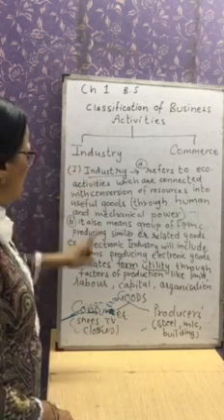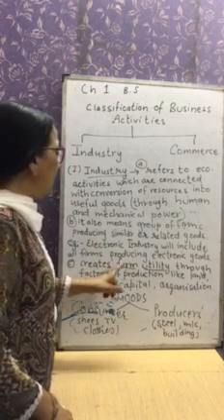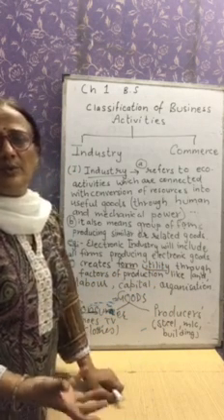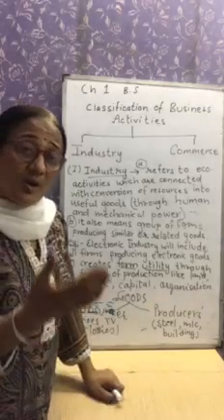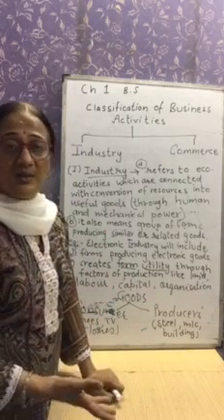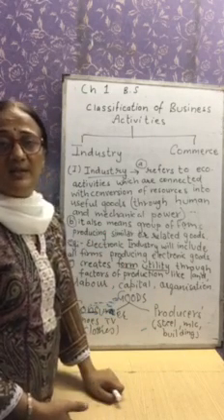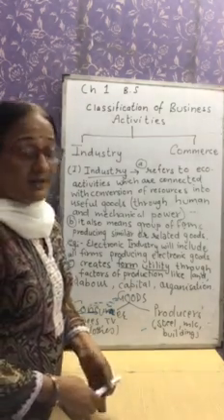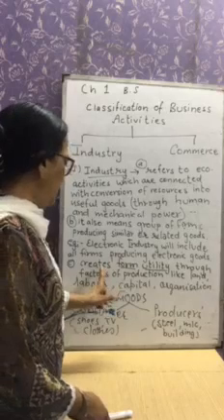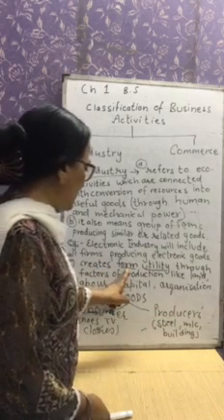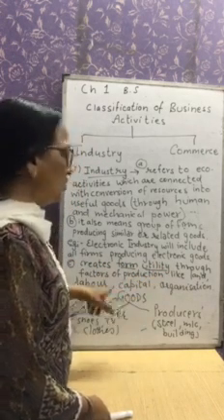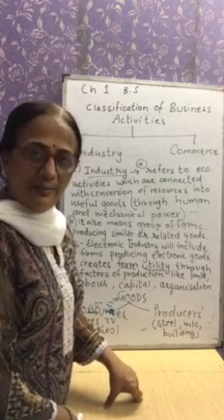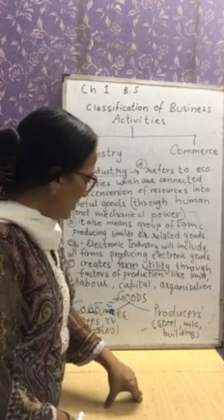We can also understand industry as it creates form utility, correct? Cotton, how much cotton we can use raw, but if that cotton is processed and clothes are there, bed sheets are there, bed covers are there, towels are there, something of utility is created. That is why we can say that industries create form utility through factors of production like land, labor, capital and organization.